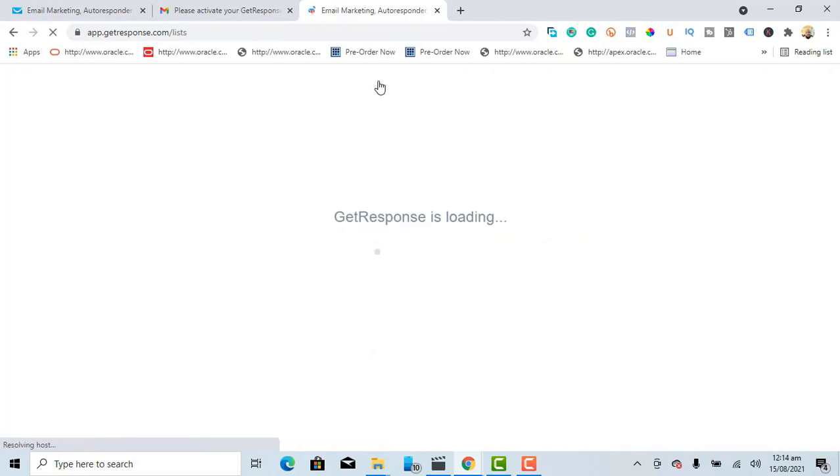It gives us room to create our list, so it's loading up. We'll wait for GetResponse to load up the platform to create our list. Now note this, by default, once you create an account with GetResponse, a default email list is created for you. All right, so we're not going to be using that default list. We'll rather create our own list, give it a name that makes much sense to us. All right, so once it comes up,